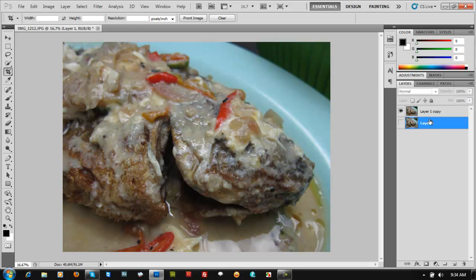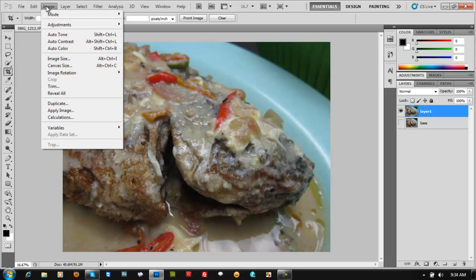So hide this. The purpose of this is that you can compare your adjustments to the older or the prime version of your photo. So click on the layer copy. Just rename that first. Rename that base. Rename this layer 1. Right? So on layer 1, the one that's visible, that's what you're going to be working on. So first, you just have to make